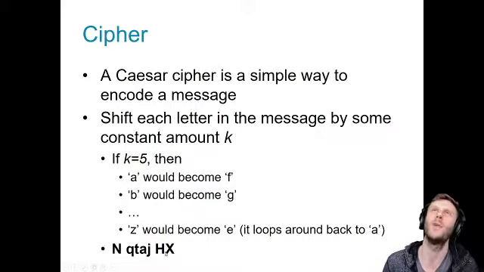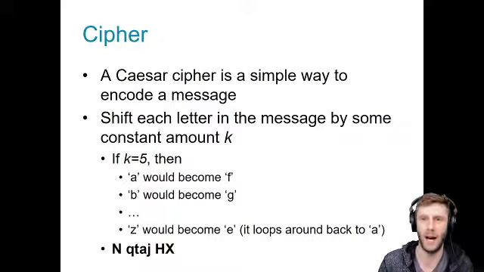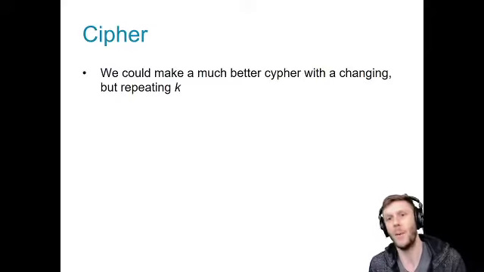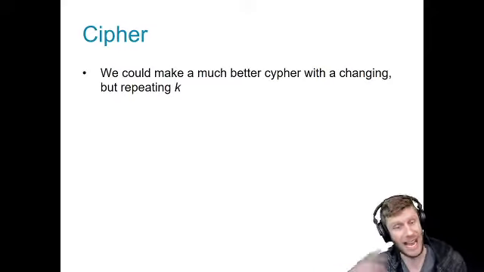So what's 5 before N? I, J, K, L, M, N. Okay, L, M, N, O, P, Q. Yeah. And then C, D. Well, we know C goes to H. Yeah, it's definitely I love CS. Don't you? Look at that. I encoded that message. So we can make a much better cipher by changing k,